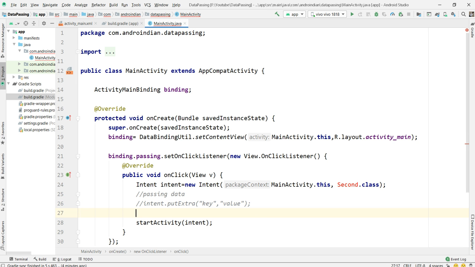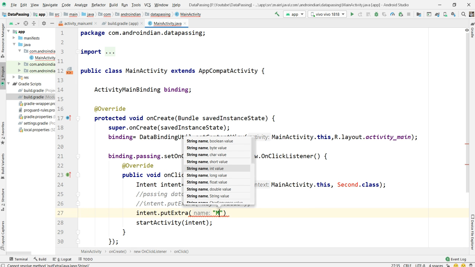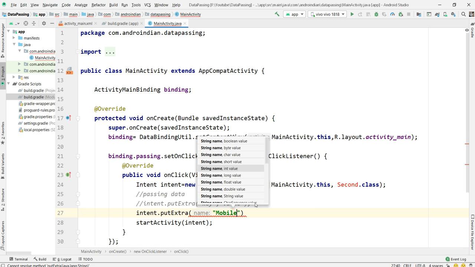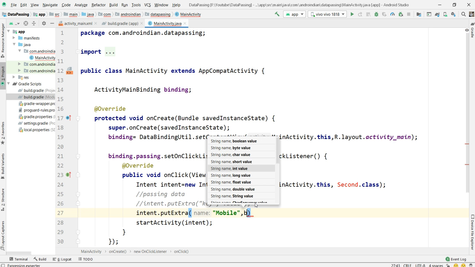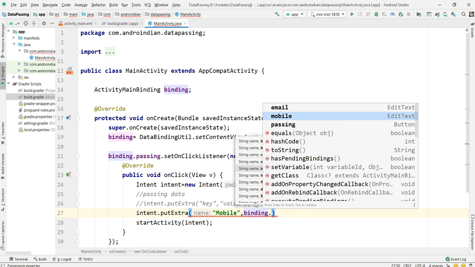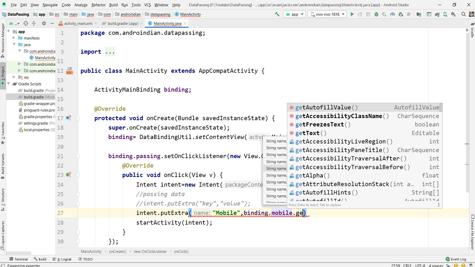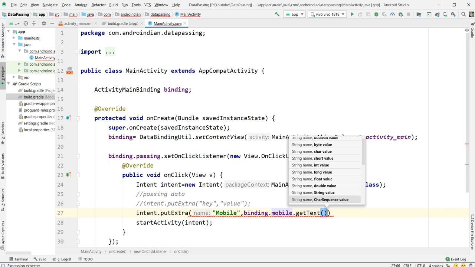And after this, now I'm passing this data, intent dot putExtra. First I'm passing mobile number as the key, which could be user defined, we can define. The second one is the data that I'm getting from the XML, that is mobile dot getText dot toString.